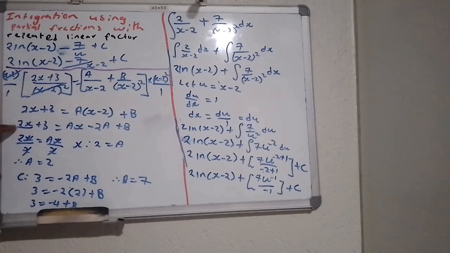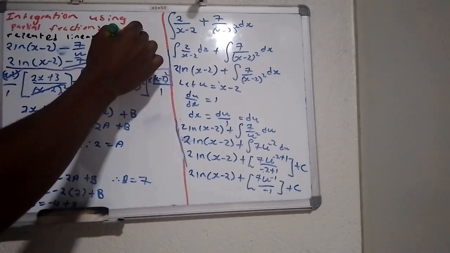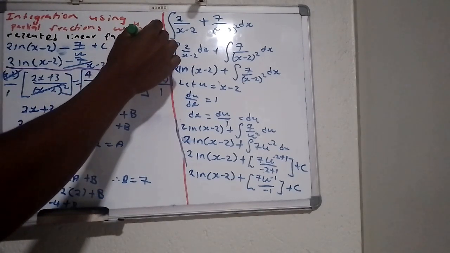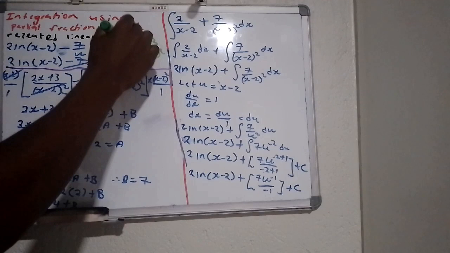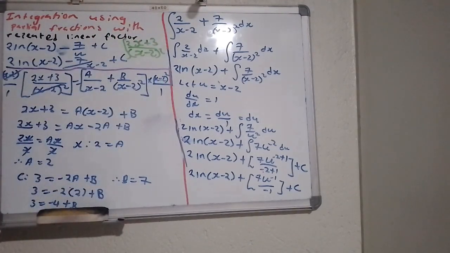When I integrate 2x plus 3 over x minus 2 squared, the integral of this is the solution. That is the solution. I hope you understand,